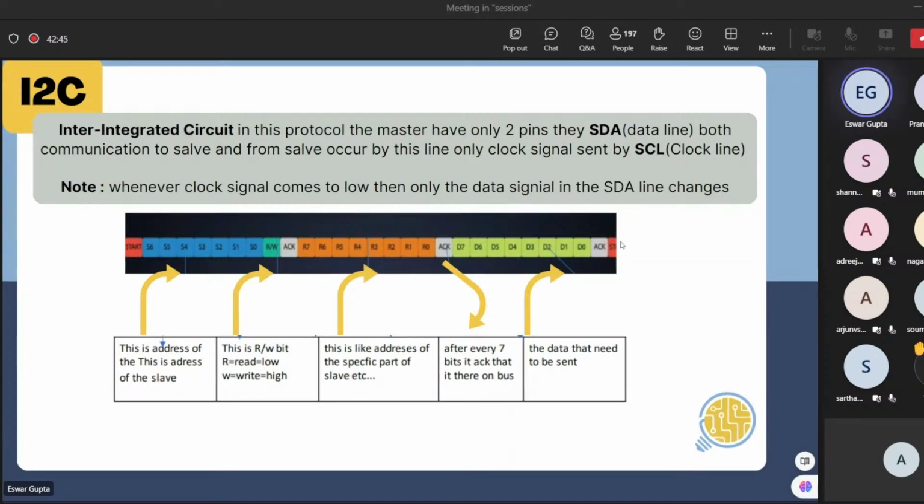So it sounds harder, like there are so many terms here: the start, address, read and write, acknowledgement bit, second specific address, data, and end. There are so many terms. If you have not got all the terms, no need to worry. No one remembers them all. But you need to understand how I2C is working without chip select. It is working without chip select because you are sending the address at the start, so it is validated with the address, and the need for chip select does not arise. So you need to catch that one particular point.